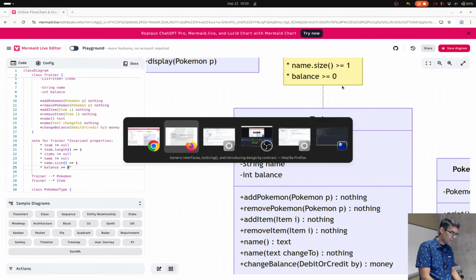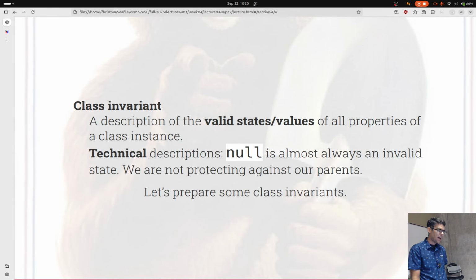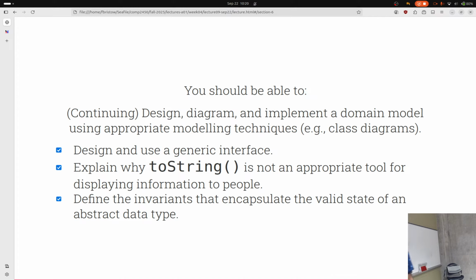And then what I'm going to ask you to do next class is to do the same exercise, but with Pokemon. So at this point, you should be able to design and use generic interfaces. You should be able to explain why toString is not an appropriate tool for displaying information to people. And you should be able to define the invariants and encapsulate